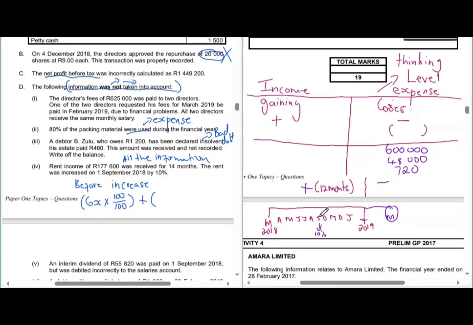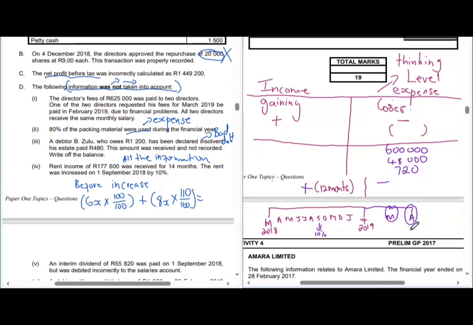So it's how many months? 1, 2, 3, 4, 5, 6, 7 plus another month, which is April. So it's 14 months in all. So after increase it's how many months? 1, 2, 3, 4, 5, 6, 7, 8. So we are going to have 8 months after increase, which is 110% over 100%, and then equals to